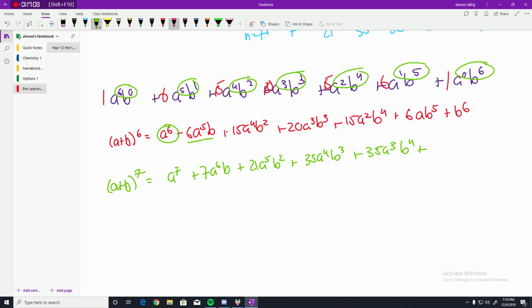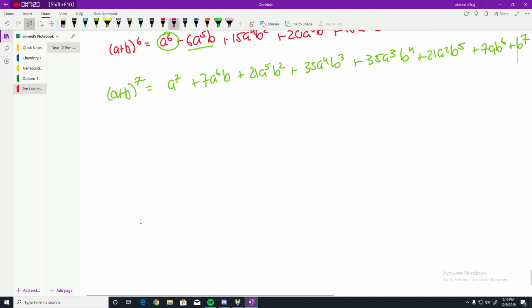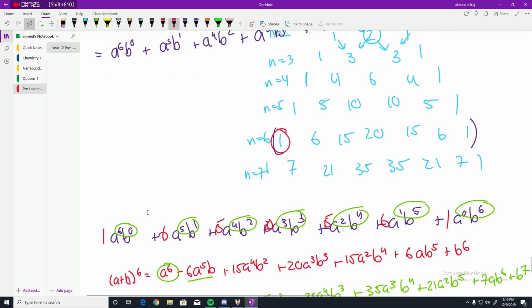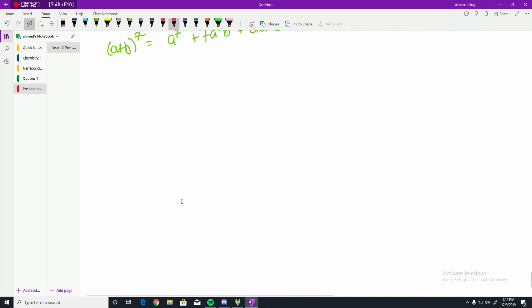Umi, can you tell me the last 3? 21 a to the 2 b to the 5, 7 a b to the 6, and then plus b to the 7. Perfect. So everybody gets how to do expansion now? Yes? So what we're going to do now is take our Pascal's triangle and do it